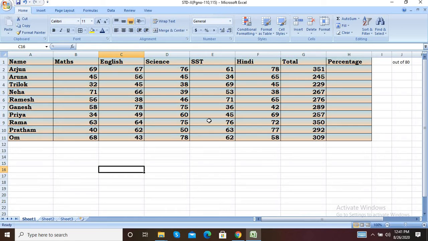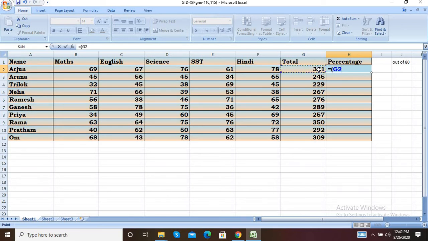Okay, before that I am showing you how to calculate percentage. Actually I already taught you how to calculate percentage. Equal to sign, select this marks. This is out of 80 for your knowledge. I am writing here out of 80 because all marks are out of 80 marks. So G8, for that make it block.